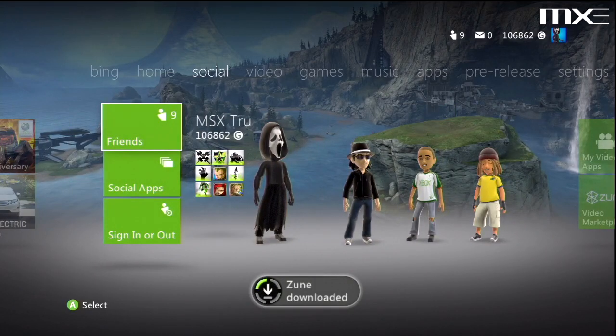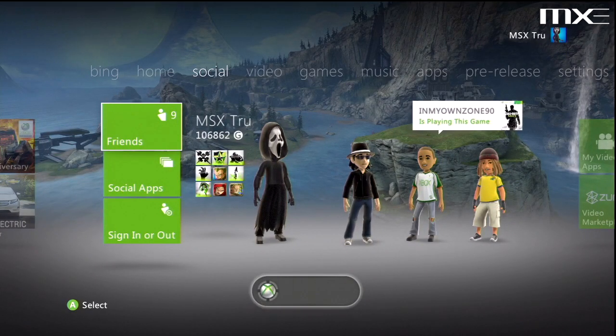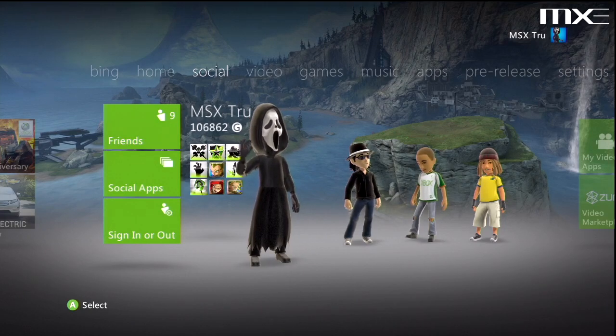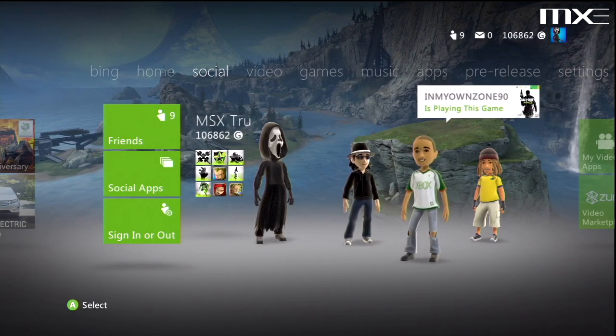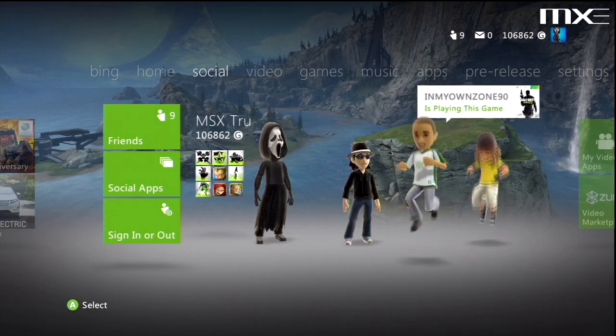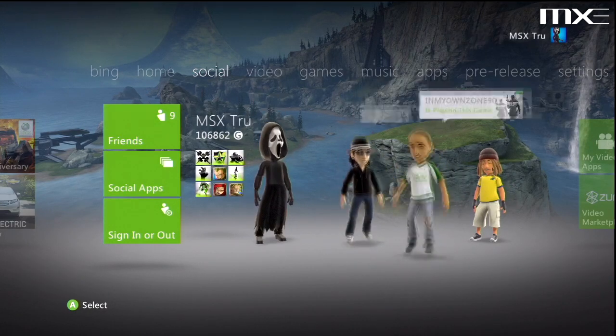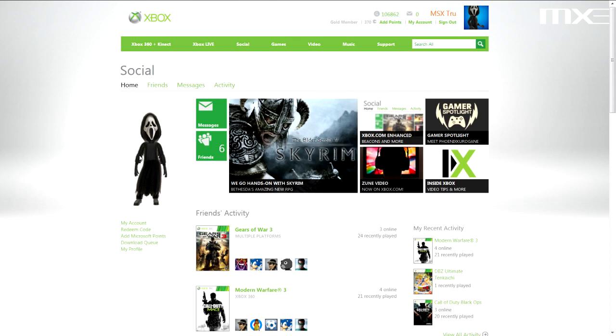Then you got your social tab. This is pretty much the home of the home, I guess you would say. But quickly, I want to jump to the Xbox.com view of social. So even the Xbox.com website got a makeover, and Friends is pretty much referred to now as social, on your Xbox 360 and on your PC. So yeah, when you go to xbox.com, your homepage is pretty much the social tab if you're an Xbox Live member. Now what you could do here,